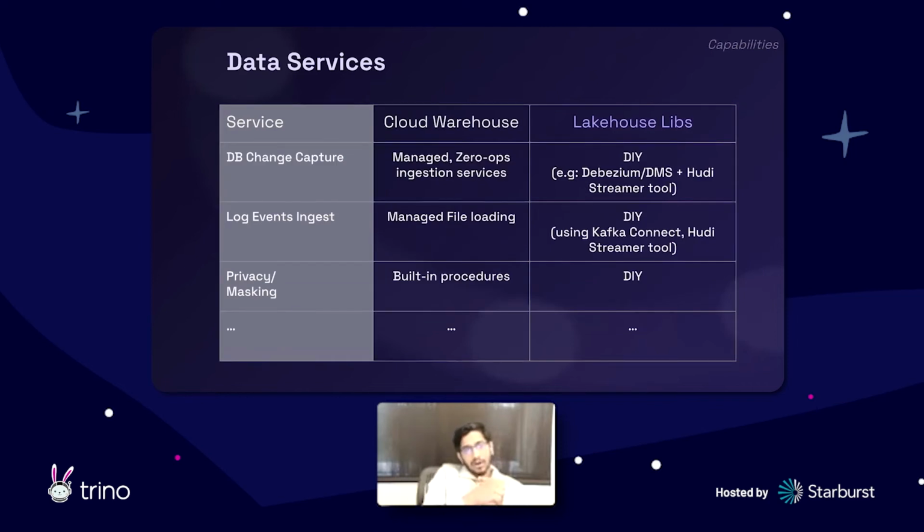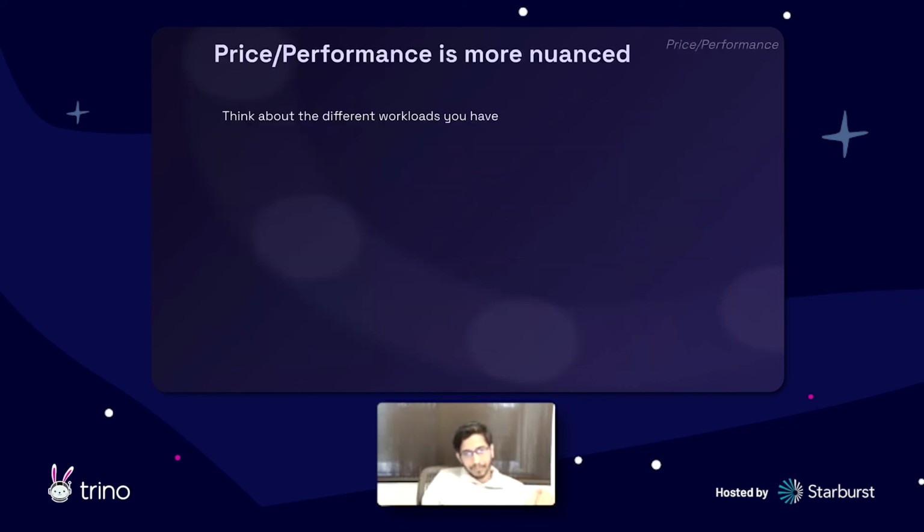And moving on, there are also other services which are not related to table storage, but more around how you even get data in, and how you do other background business things like masking. So for Hudi, we've built out a lot of ingestion capabilities. There's a built-in ingest tool, but it's still DIY in the sense that it's self-managed. You need to take the library, learn the tool, and run it, but then it can do Debezium, Hudi, end to end. You can pull data from Kafka and all of this. Cloud warehouses, since they're managed services, offer you zero-ops managed services for some of these things already, right?